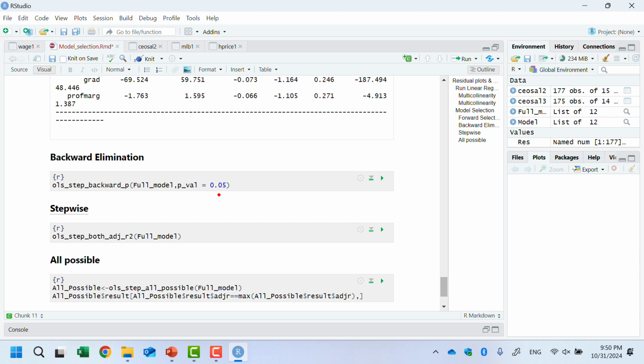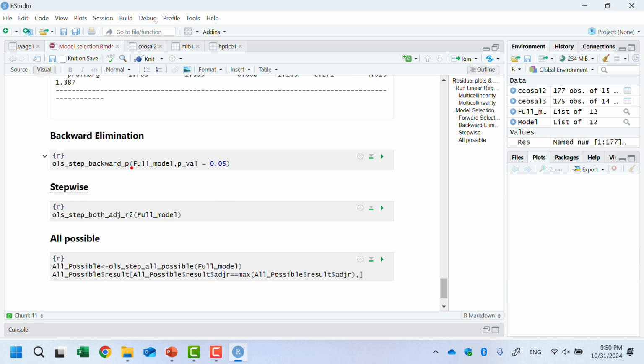Okay, and backward elimination is the same thing. So now I use just the p-value instead of adjusted R, and you have to decide what the p-value criteria is. The criteria is 5%. You can use 10% or you can use 1%. However,